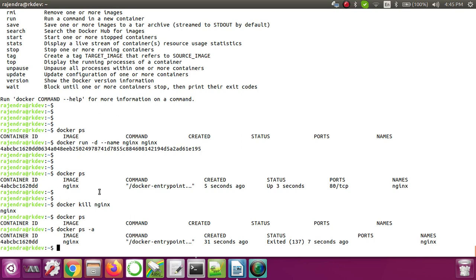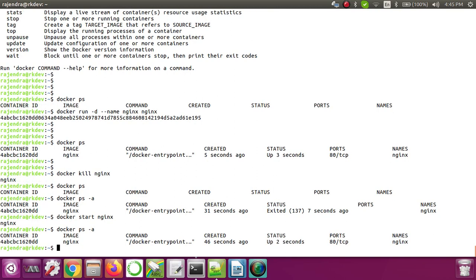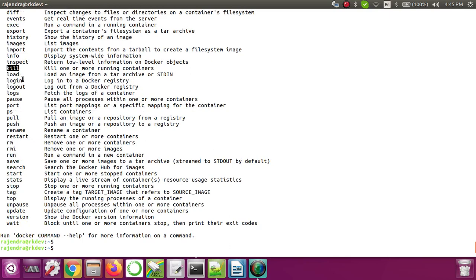Then again, we know how to start this container: docker start nginx, so it will be started. If you do docker ps -a, you can see that the container got started and the status is up for 2 seconds.